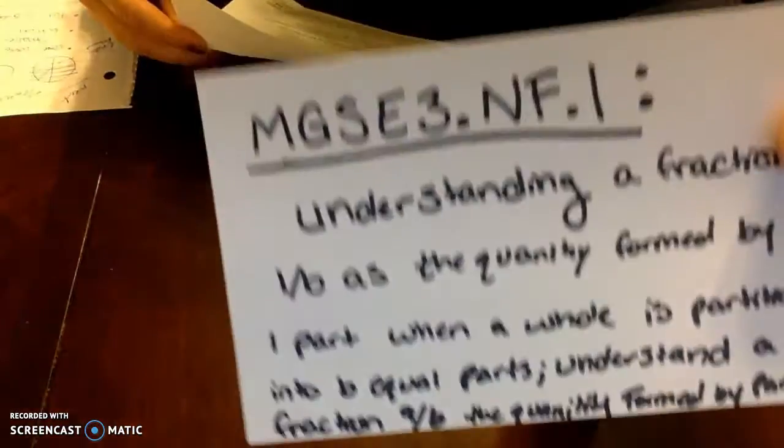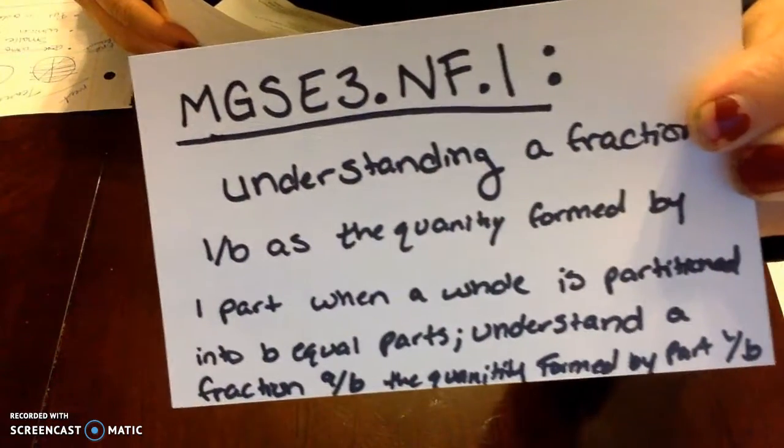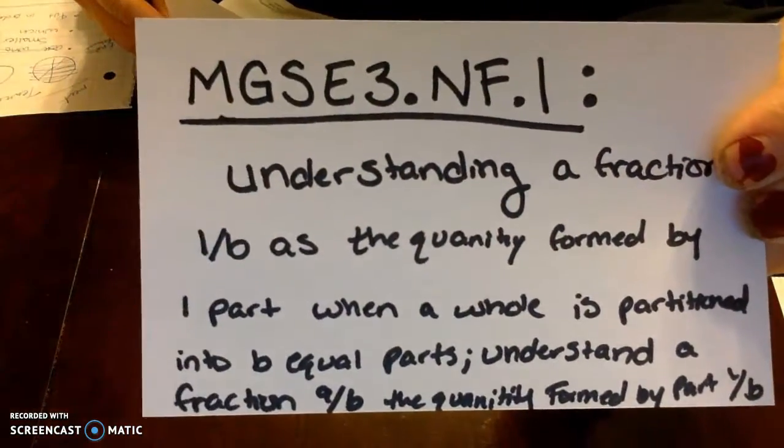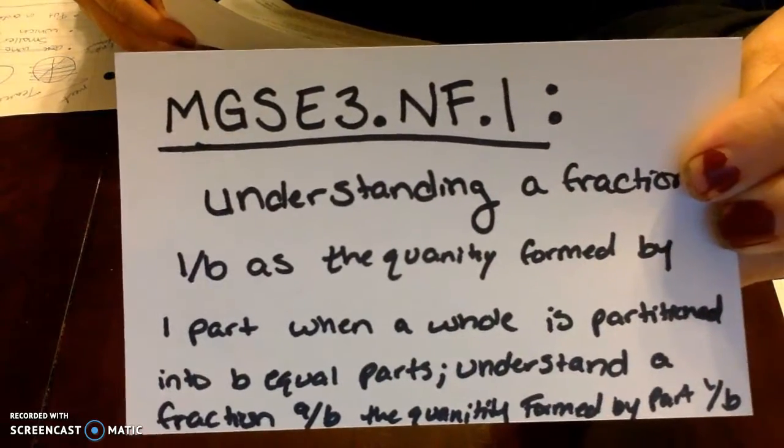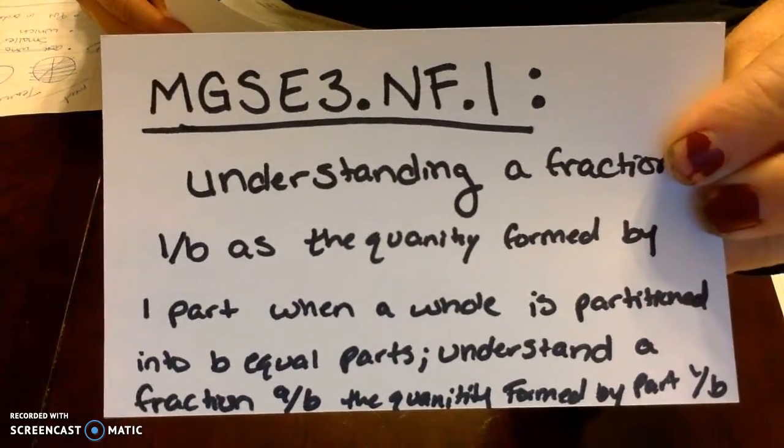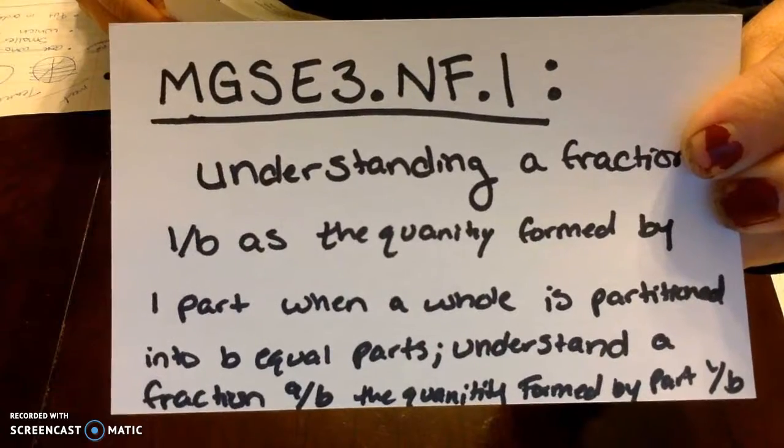So with fractions, first we're going to be covering, as you can see here, our standard: understanding fractions in the quantity form, one part of a whole is partitioned into B equal parts. Understanding a fraction A over B is the quantity formed by A parts of size 1 over B. And so as I made a list here, you can see